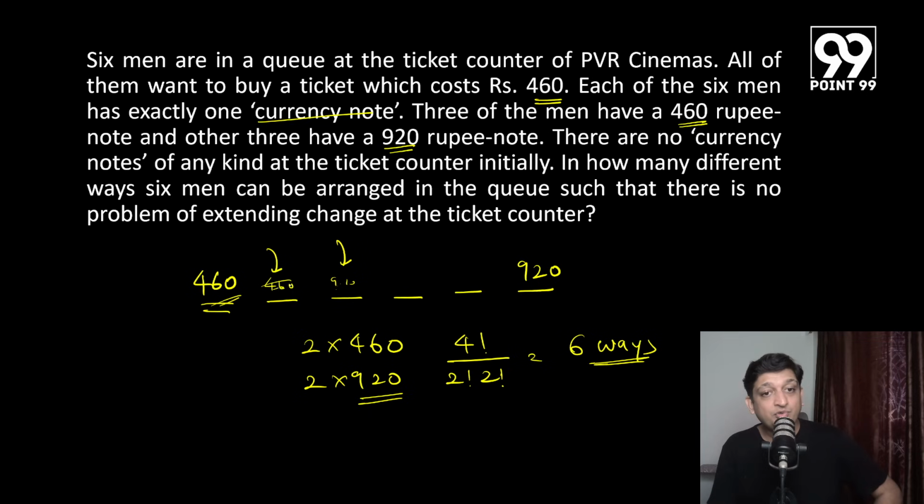But you cannot have 2 consecutive 920s appearing here. And that is why, except this case, every other case should be fine. Because if this is 920 worst case, and if this is 460, I can still have a 920 here and it will not be a problem. Right? That's why out of these 6 ways, you cannot have one way, which basically means there are 5 ways